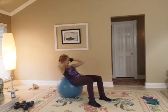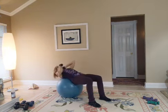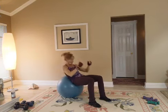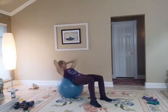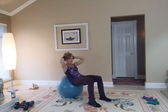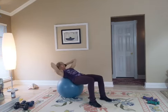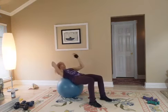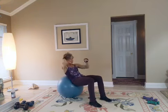So make sure with your hands, wherever they are, that you're not just doing what we sometimes call head pulls or neck yanks. You're not trying to just yank on your neck and head. You're just trying to hold those hands in a fixed position. They lightly touch the backside of your head, perhaps providing support. But really you want to rely on those neck extensor muscles to maintain this position of the head,